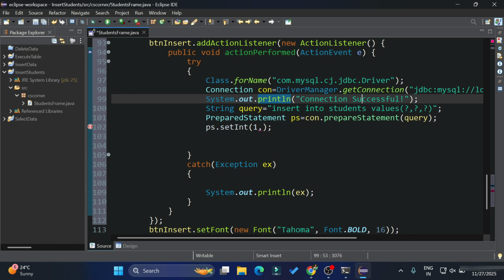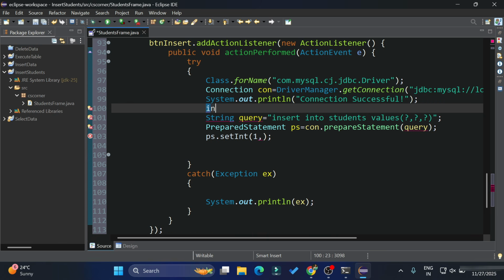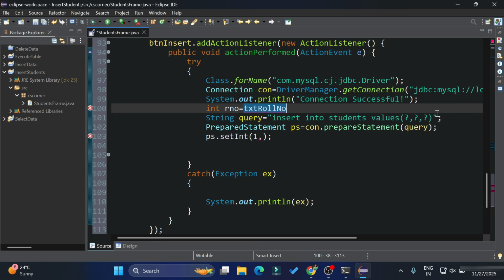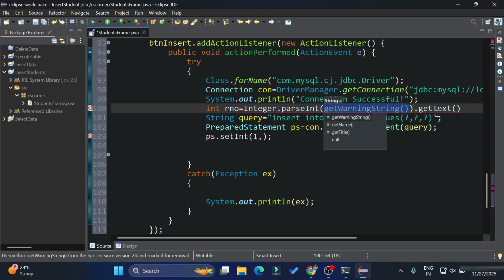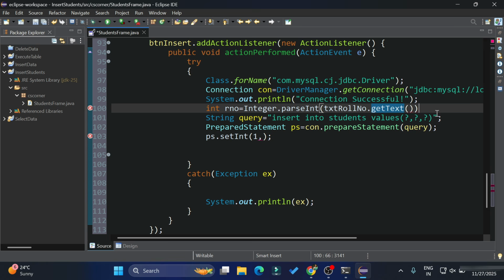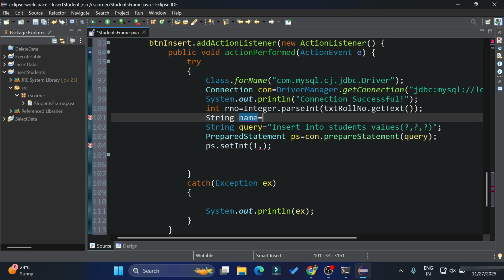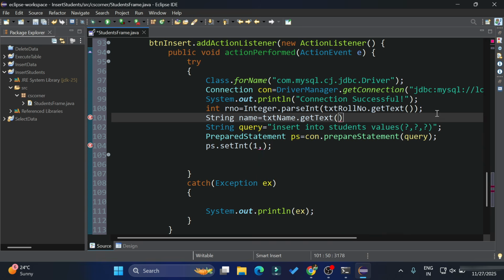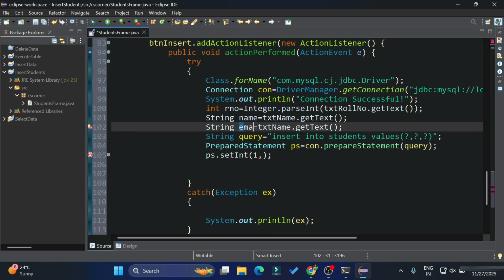So now I will simply write lines for extracting the values from text boxes. Here I'm creating one integer variable rollNumber, and I'm writing Integer.parseInt, and in brackets my text box name dot getText. It will retrieve the value from the text box and convert it into integer type. Now I'm going to retrieve the values of the name and email text boxes. For that I'm creating String name is equal to txtName.getText(); and next String email is equal to txtEmail.getText();